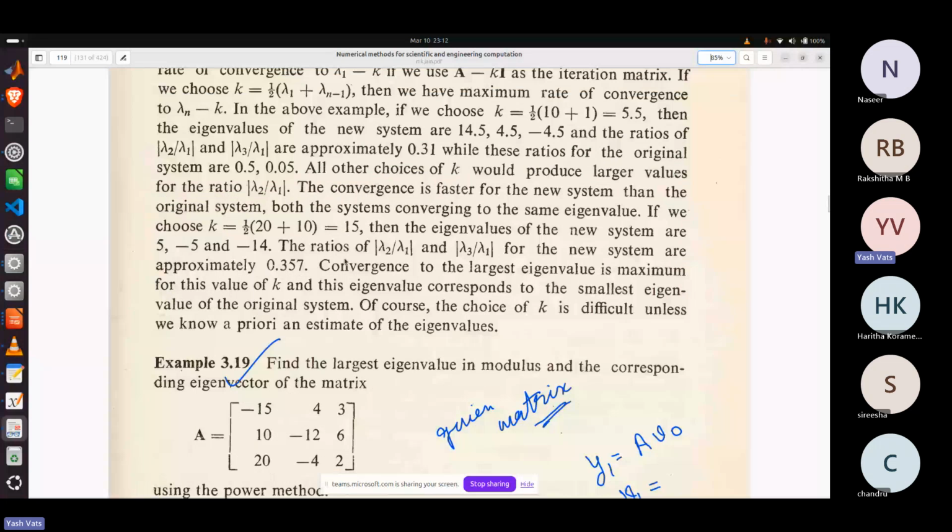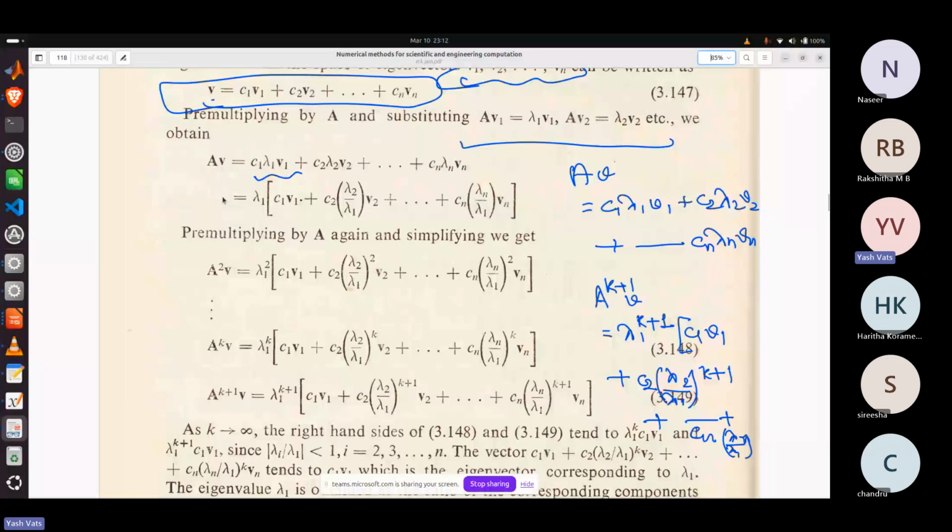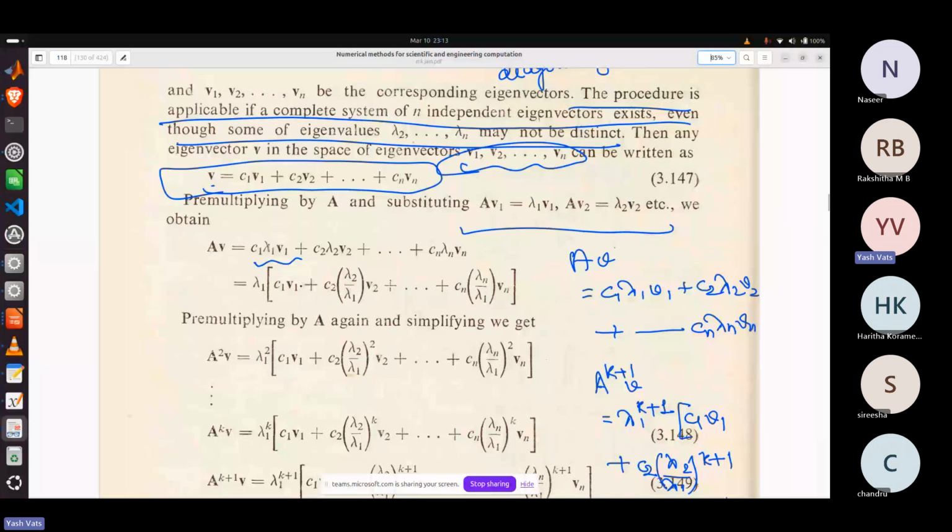Maybe here. So you calculated AV. So AV is this. Then you take lambda 1 common from this here. Then it is just C1 V1 plus C2 (lambda 2 by lambda 1) V2 plus Cn, and so on. So if you have any problem in each step, just let me know that you get this here. Then pre-multiplying by A again and simplifying, we get: